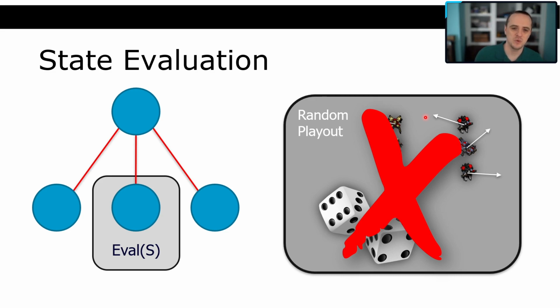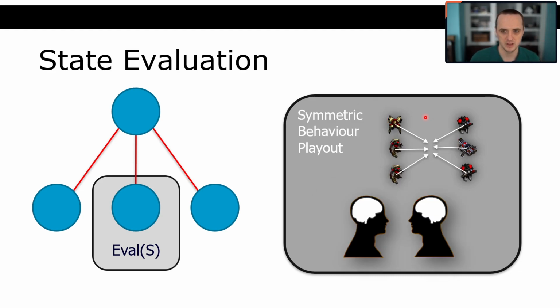So we had units just running around the map, never actually fighting to the death. So we couldn't do random playouts because the games would never finish, because there was one Dragoon up in the corner just dancing somewhere. So that didn't work out. What we decided on was a symmetric behavior playout. We wrote some scripted behaviors, for example, attacking closest, right? And then we said, okay, if both players just meet in the middle and attack the closest units, who wins? That was what we used for our evaluation, and it ended up working really, really well.